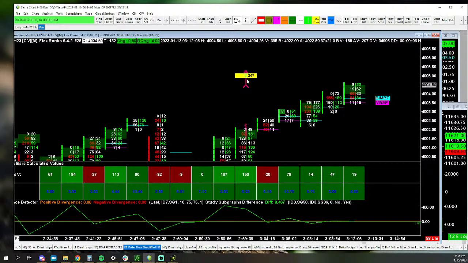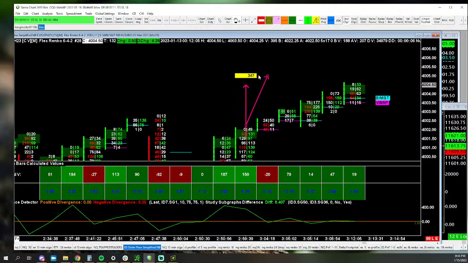Now, the thing is, if we can't get there, or if we get there, we spike through it and then find no more participants, like if we get a bar like this where it's just weak right after it, generally the next stage is some sort of a pullback. It doesn't have to be the top, right? Realize that everything's fractal. On this tiny little time frame, you would expect some sort of pullback. It's tradable, but it's not necessarily the end of a trend on the daily chart or something. It's just on this time frame. You could look at this on a higher time frame and see if you see the same thing. But on this time frame, that's the information you'd have.